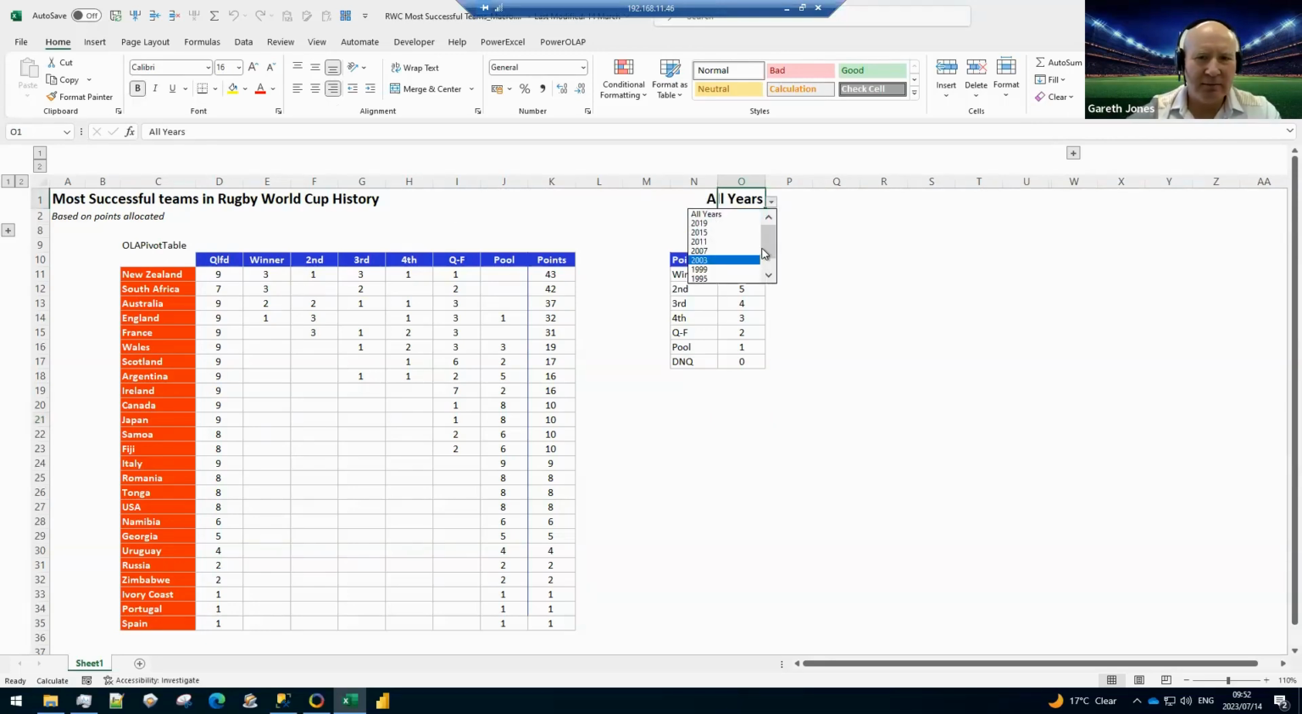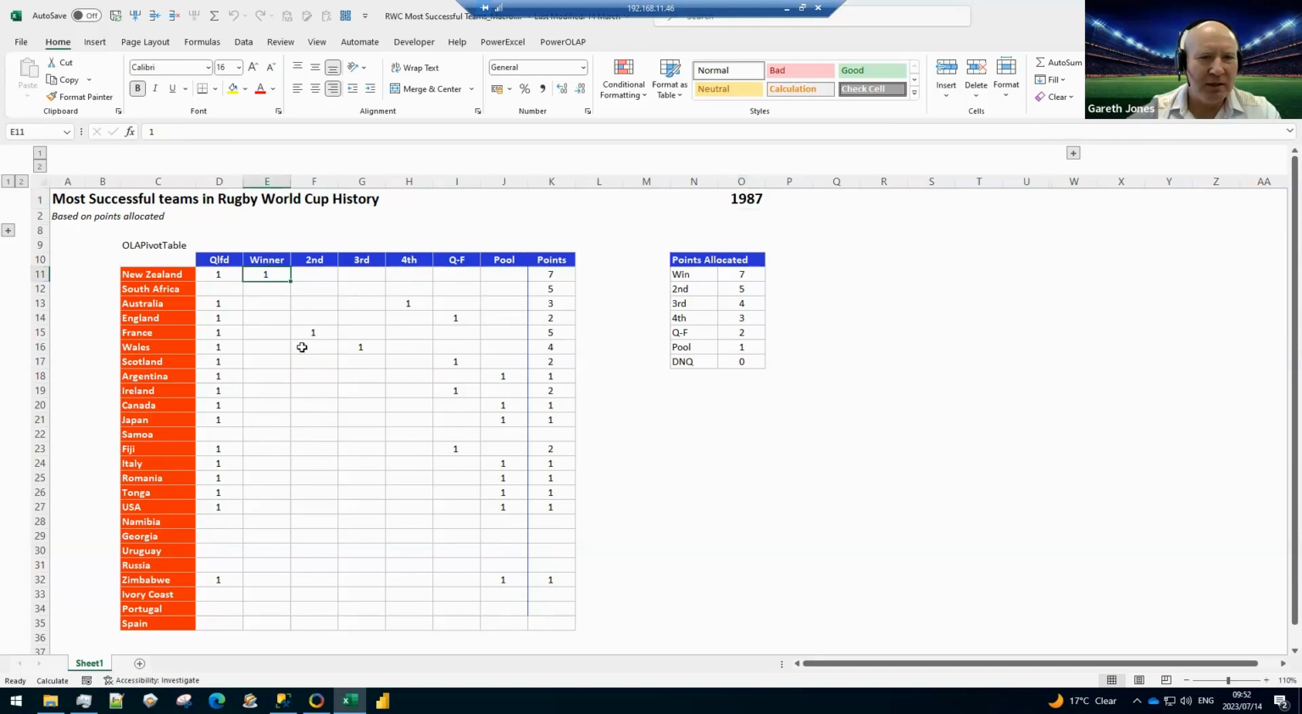I can go right back down to the very first World Cup and say, well, who won that? New Zealand. Who came second? France. Who came third? Wales. And the rest of the teams. And if I just allocate some points here, and I allocate them inside of OLAP technology, the cube technology,